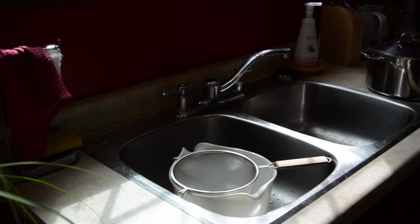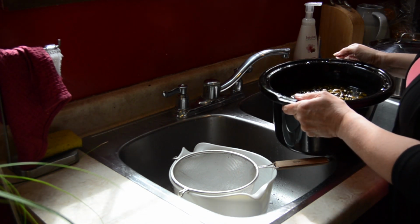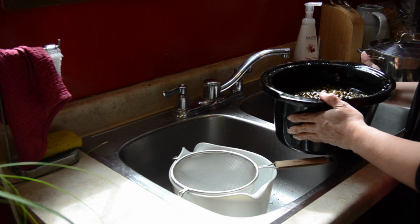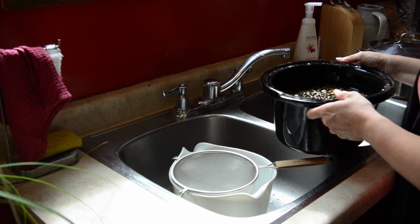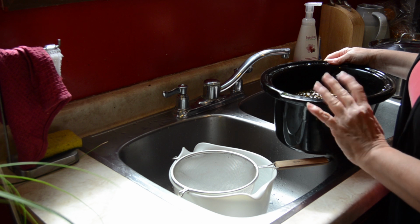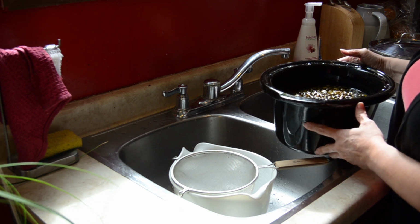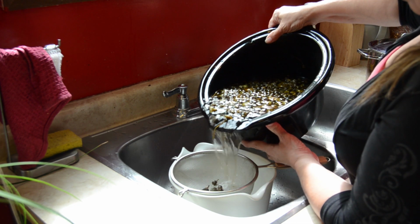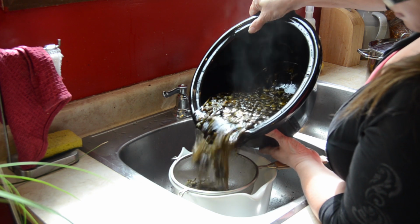I do have to say that if you're doing this, make sure it's a nice day, because this dandelion stuff stinks really, really, really badly. It is not a pleasant smell. So I've had every window in my house open and fans exhausting the fumes. I know it's not a dangerous fume, but it is rather pungent in its aroma. So I'm just going to dump that through the strainer and into